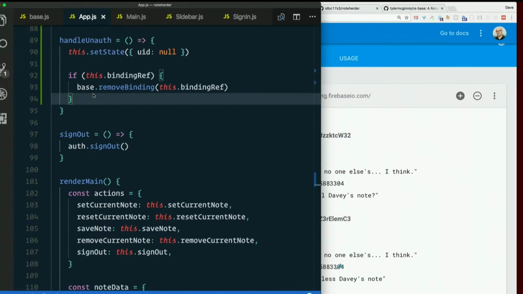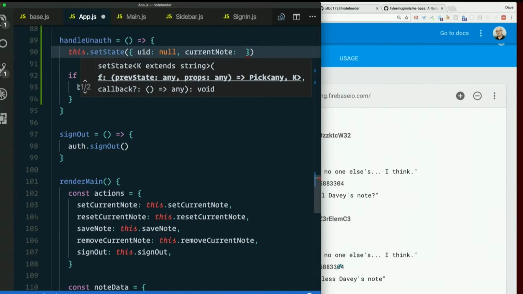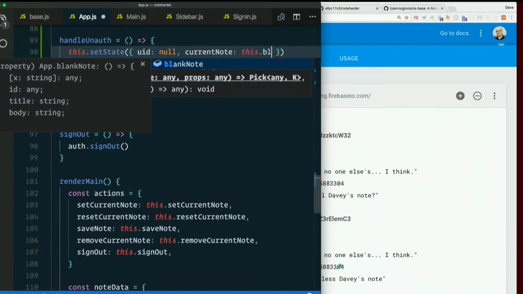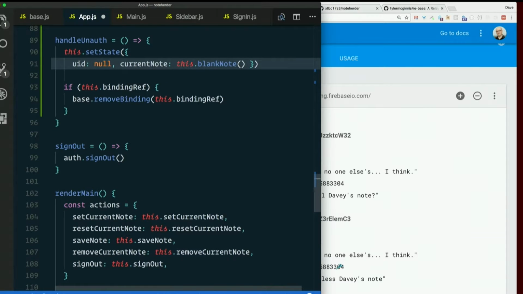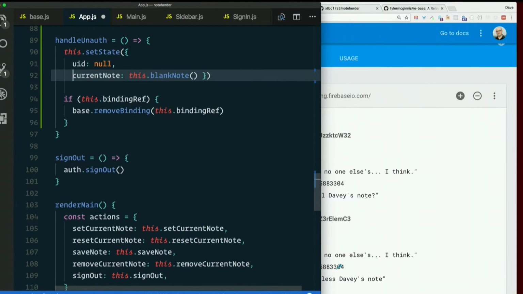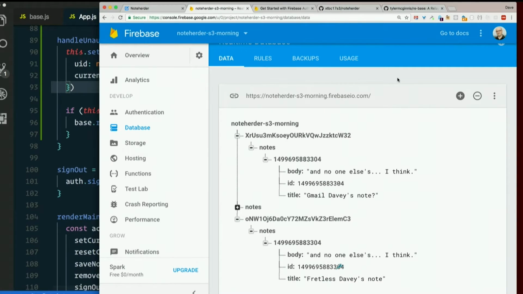Now we did forget to clear out the form, right? So when we unauth, we need to set UID to null. We need to set current note to what, blank, right? We have a blank note method in here. This dot blank note, I think. And actually,